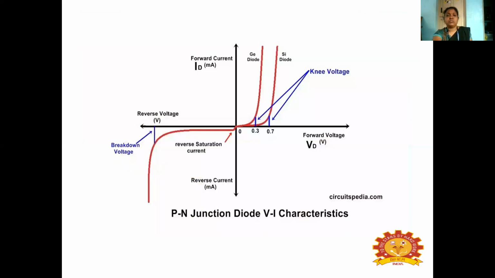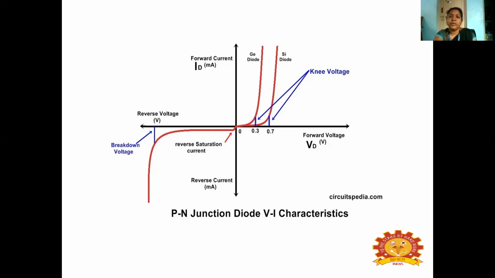So next we will come to the characteristics of the p-n junction diode. The p-n junction diode characteristics are called the VI characteristics. Here you have two different characteristics: one is forward, another one is reverse. In the forward characteristics, we plot the voltage VD with respect to ID. And here you also have a reverse voltage, that is VR and IR. We measure the current in milliamps and the voltage in volts. So you can see the characteristics here.